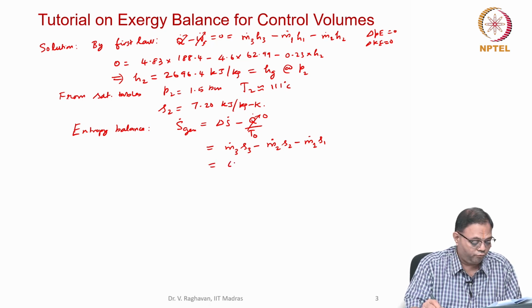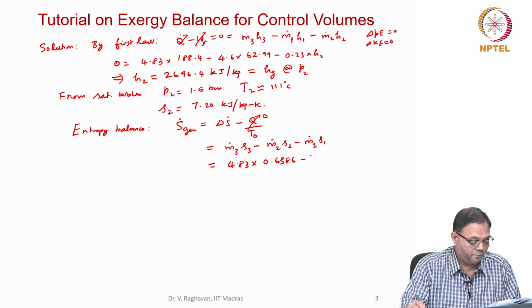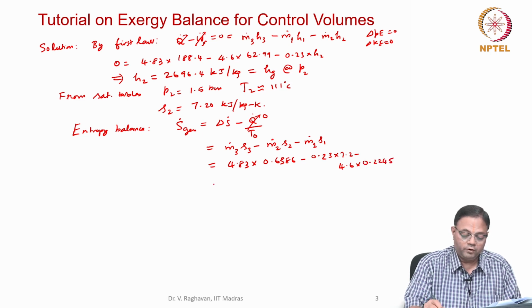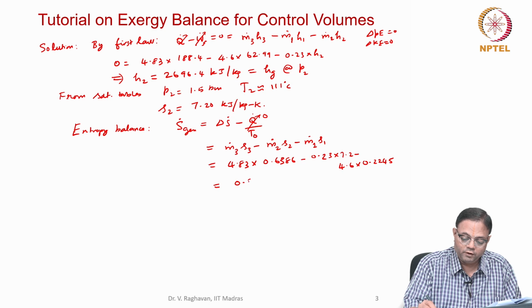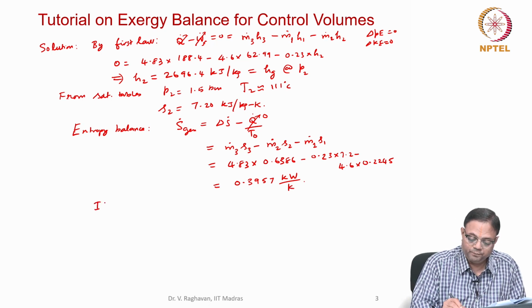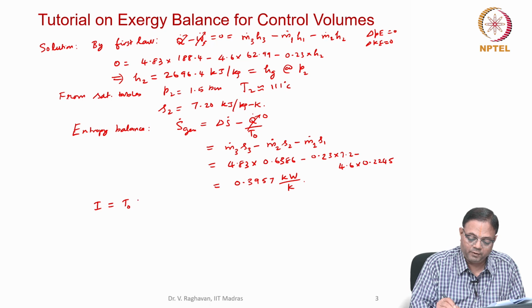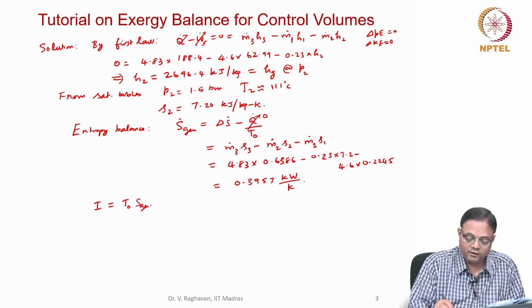So this is equal to 4.83 into 0.6386 minus 0.23 into 7.2 minus 4.6 into 0.2245. So that comes out as 0.3957 kilowatt per Kelvin. The irreversibility I is nothing but the exergy destroyed, that is T naught into